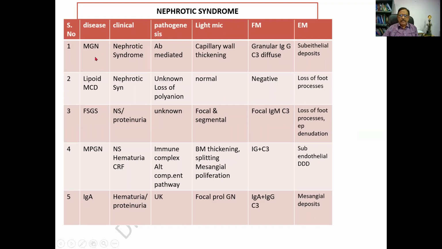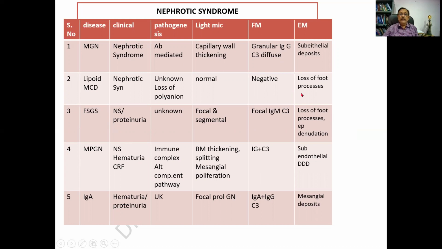For example, in today's class, we had seen membranoproliferative glomerulonephritis. And in that, there will be a nephrotic syndrome, hematuria. The patient can end up with renal failure. There will be immune complexes and activation of the alternate complement pathway. And the basement membrane is split. And there is also a mesangial proliferation. A tram track appearance can be seen. And in electron microscope, subendothelial or subepithelial or both can be seen. So this is the way you people should read. I would like you people to kindly revise.